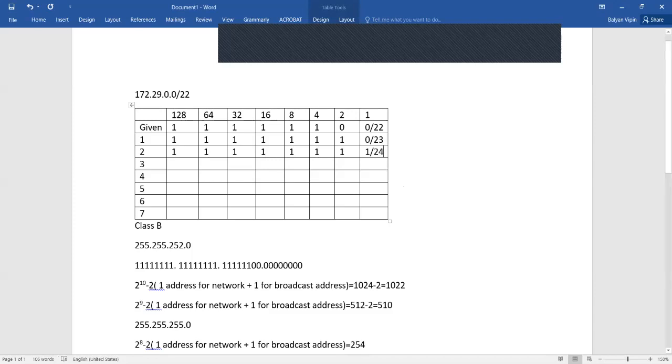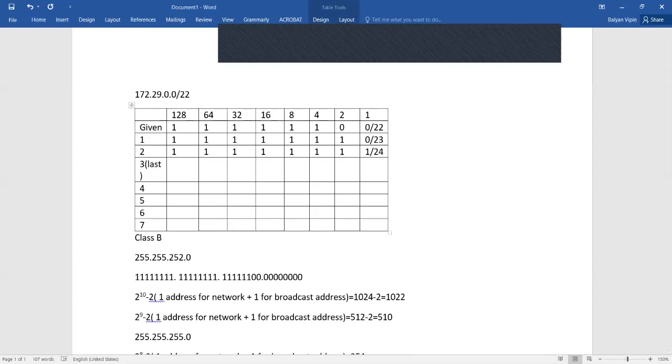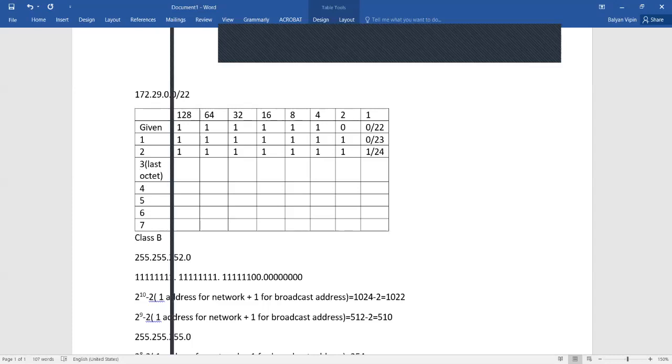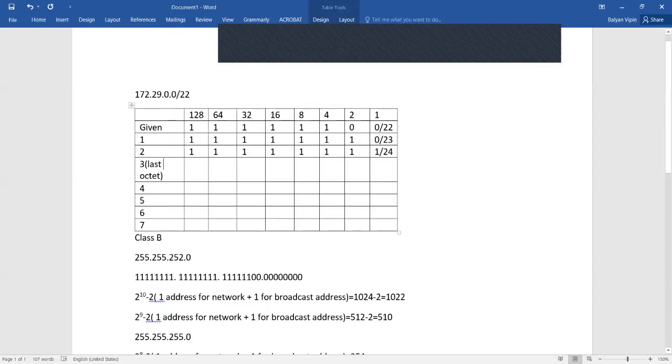Now for the third one, we are working on the last octet. This table is not representing the third octet, it's representing the last octet.